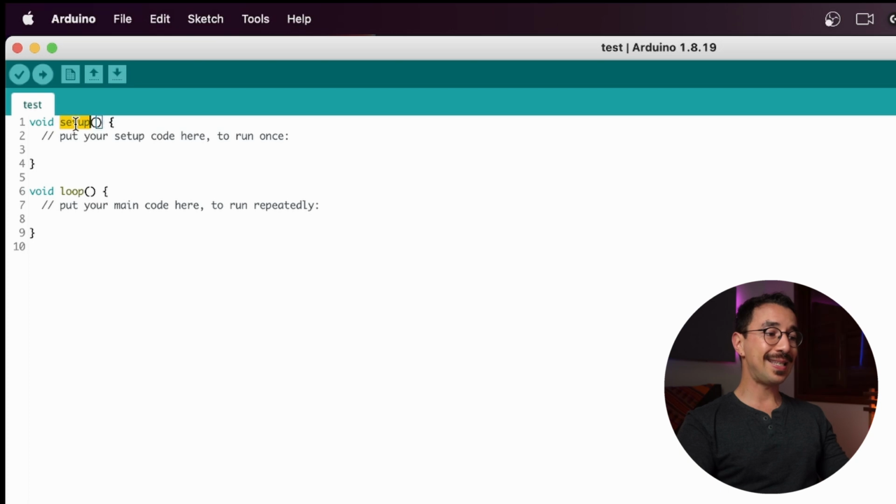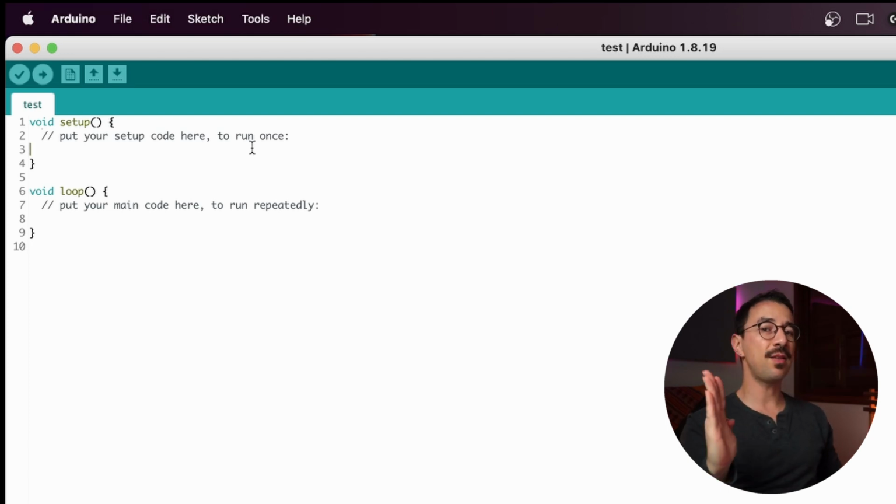In the void setup, you can see that there's something written here: put your setup code here to run once. And here it says, put your main code here to run repeatedly. So in the void setup, you put things that you just want to happen once when the Arduino starts.